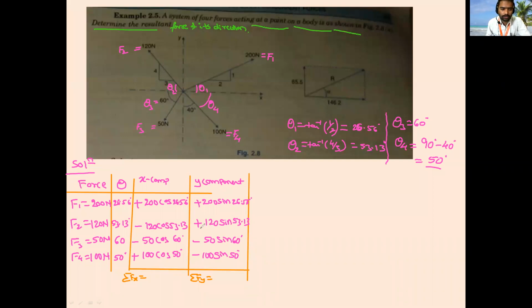So correctly you have to calculate. Don't commit any mistakes. Your sign convention is very important. If you press plus instead of minus, then your entire answer is wrong. Instead of plus, if you enter the minus, then the entire answer will be wrong. So accurately you have to calculate.